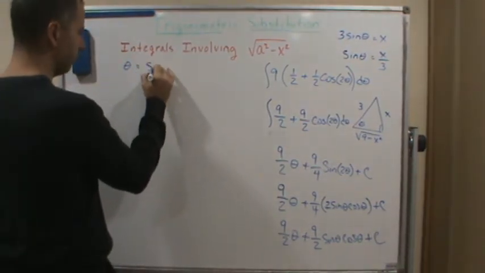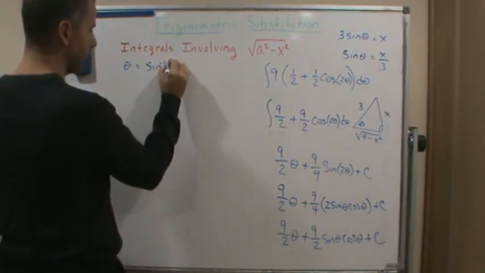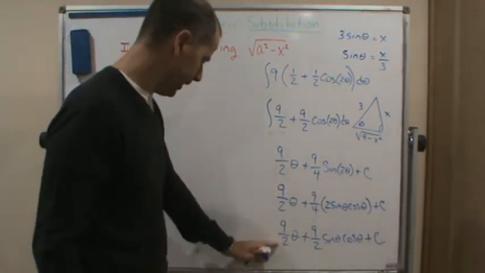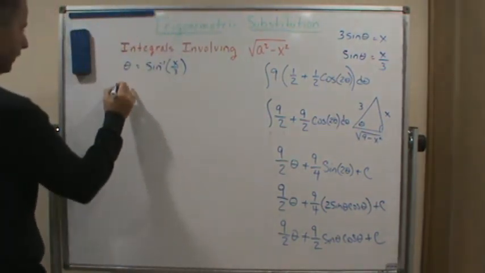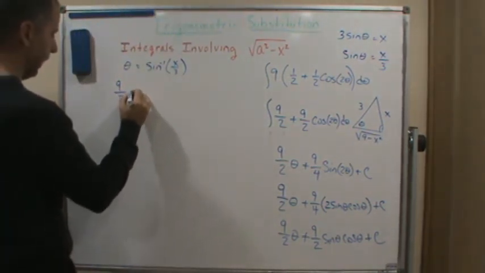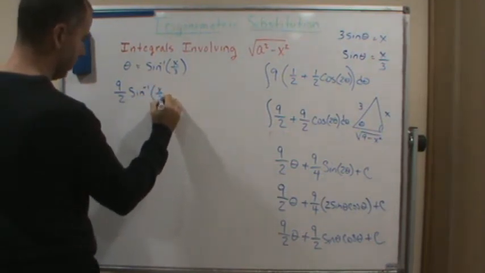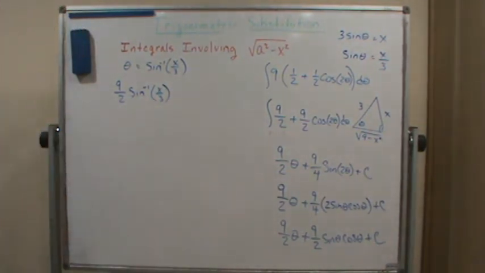equals sine inverse of x over 3. And so now I get 9 halves, right? So I get 9 halves sine inverse of x over 3. Okay, so we got that piece. And then what happens with